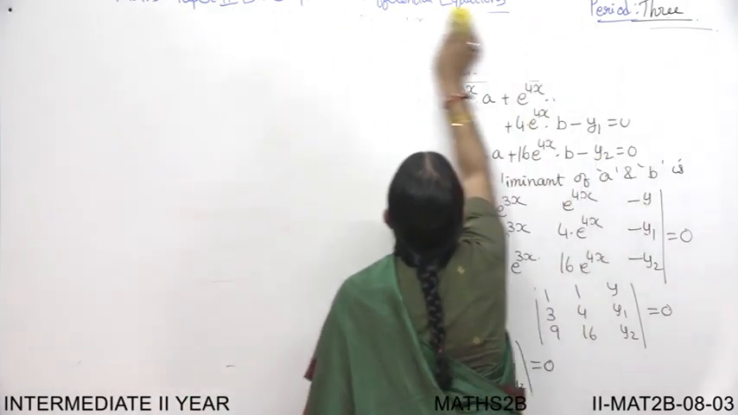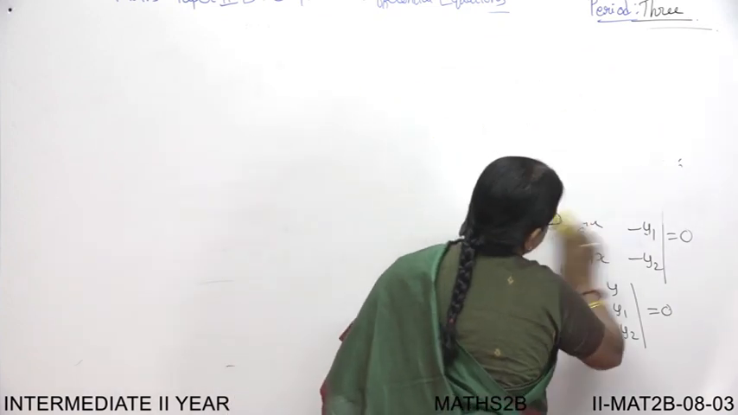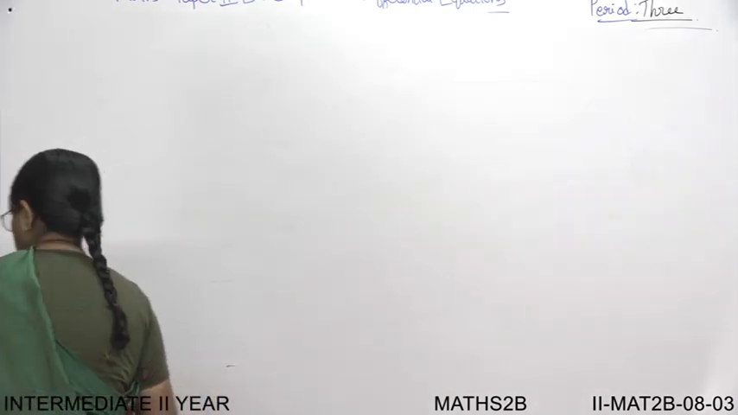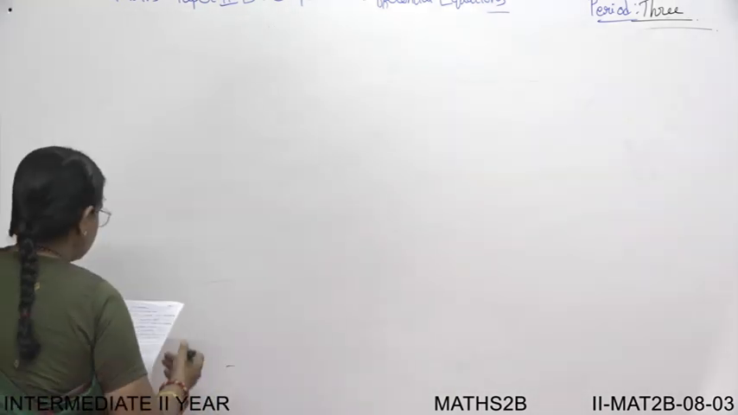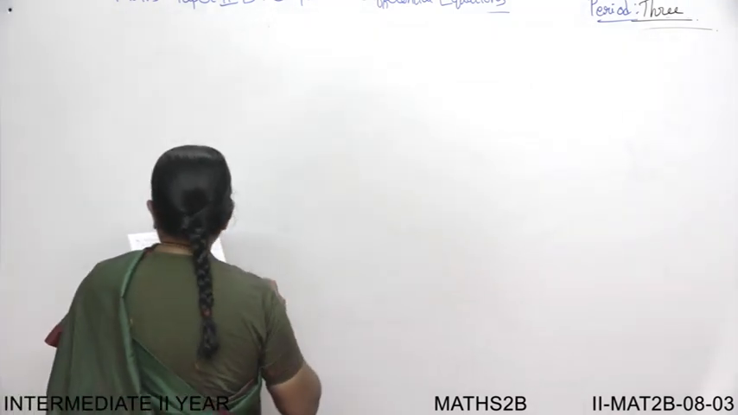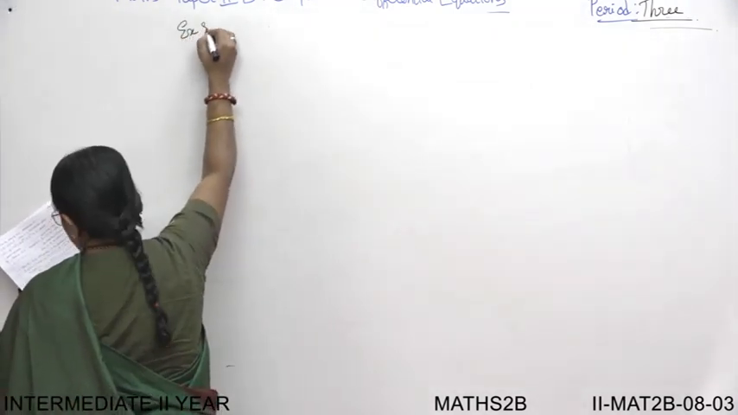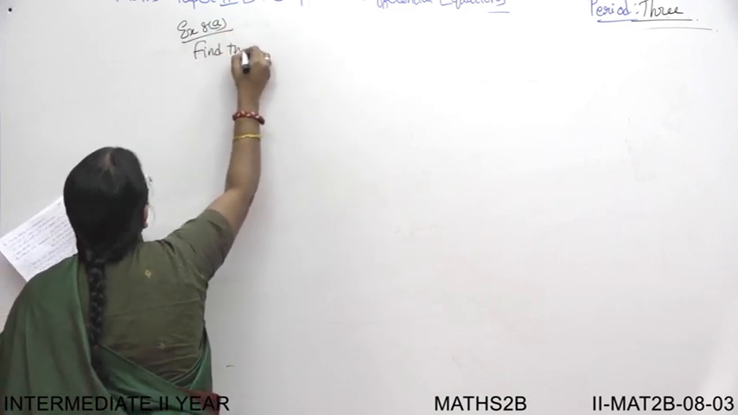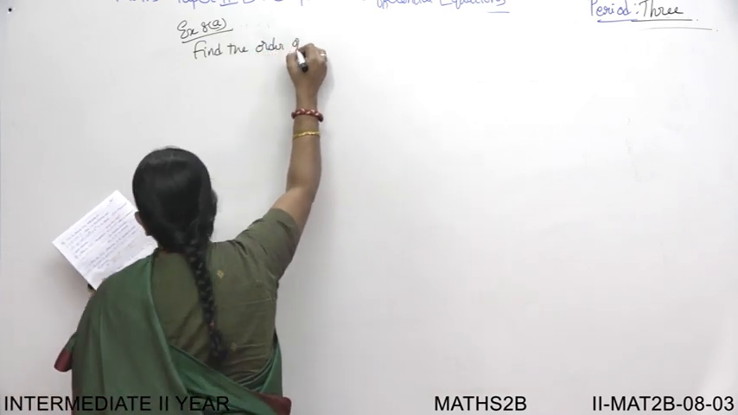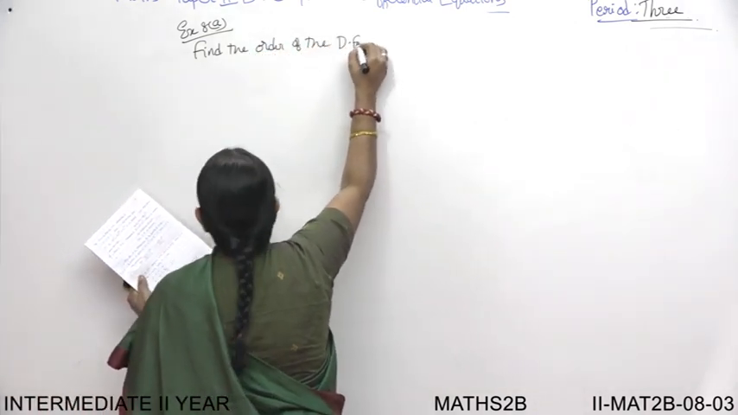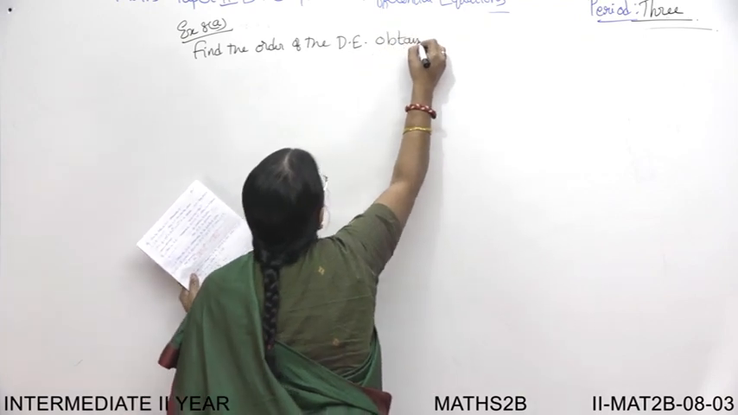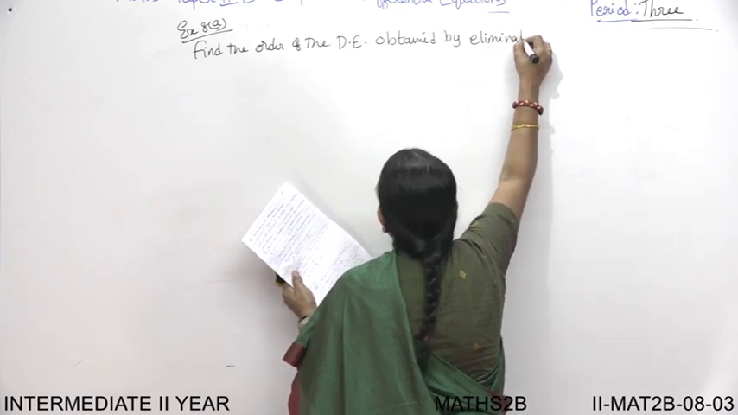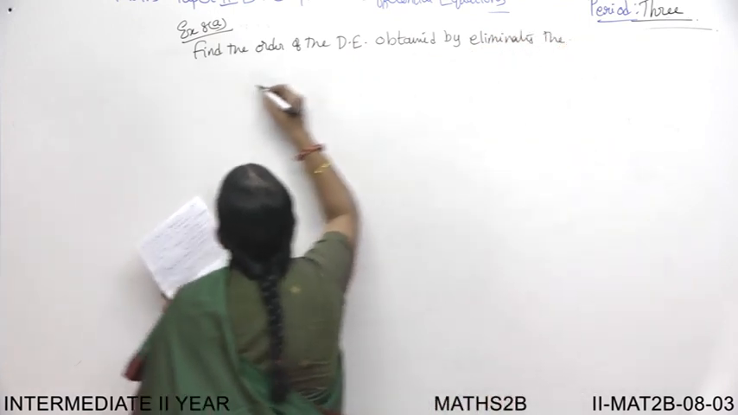Again, forming the differential equation. Today we'll do problems based on this idea only, forming a differential equation when the solution is given. Okay, next problem, from exercise 8a. Find the order of the differential equation obtained by eliminating the arbitrary constants